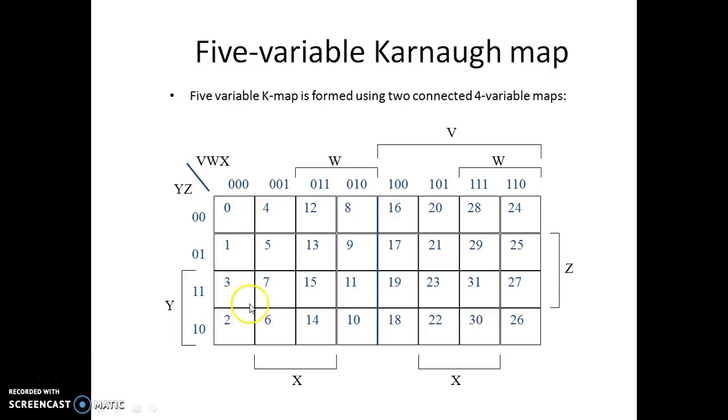So here it is 0, 1, 2, 3, 4, 5, 6, 7, 8, 9, 10, 11, 12, 13, 14, 15. This is the 4 variable K-map, and we can combine this second 4 variable K-map to this with the continuous increment, that is from 16, 17, 18, 19 up to 31. So we can club the two 4 variable K-maps into one to make it a 5 variable K-map and minimize the function. So this is all about the K-map and the minimization of switching functions using the K-map. Thank you.